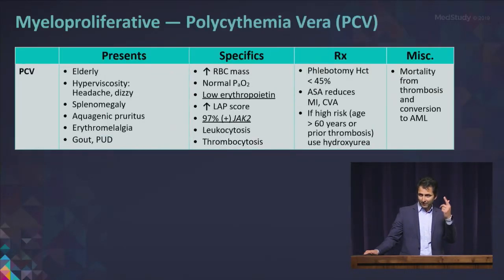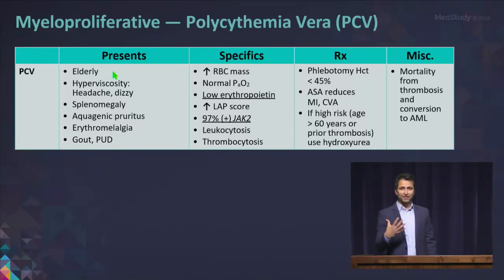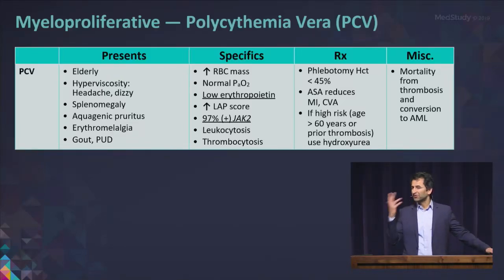Just a word or two on some of the other myeloproliferative diseases. Polycythemia vera, this is too many red cells. Why do we worry about this? Well, because these patients can have trouble with thrombosis and conversion to acute leukemia. If they want you to find this, they're going to give you an older patient that maybe has some vasomotor symptoms, have itching after they take a bath. Aquagenic pruritus is kind of one of the things that we think about with P. vera, and